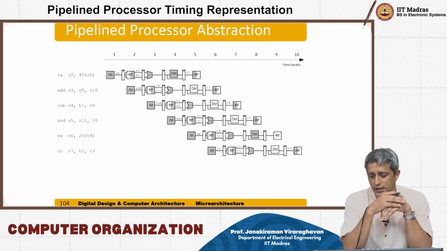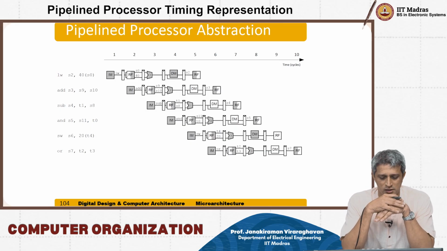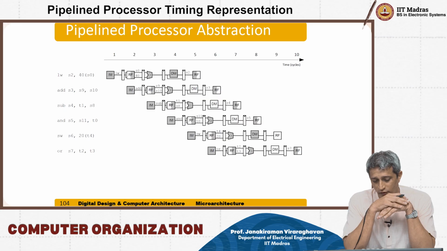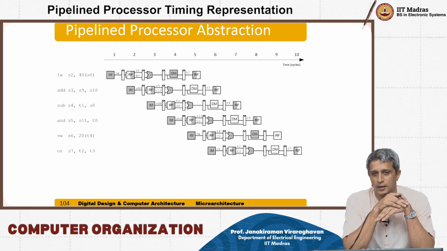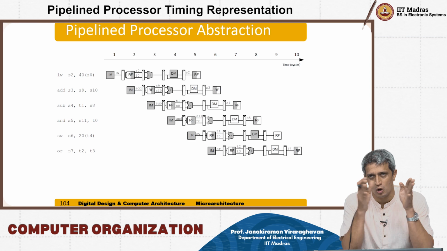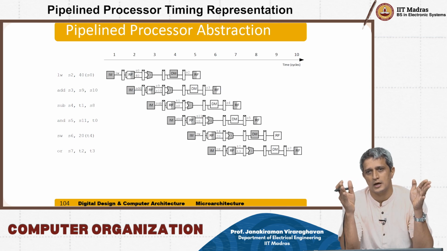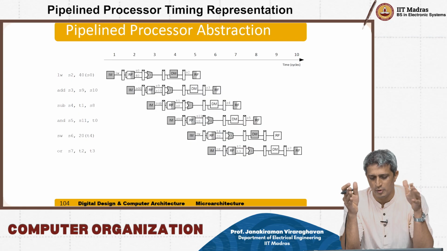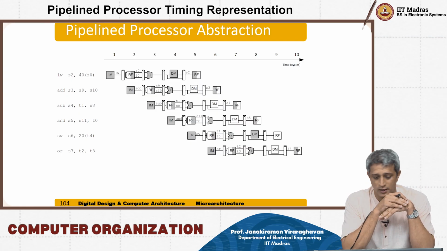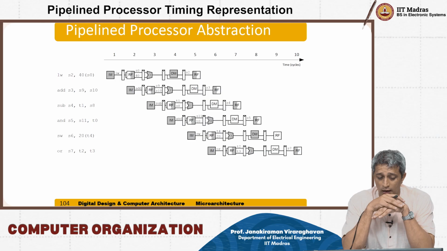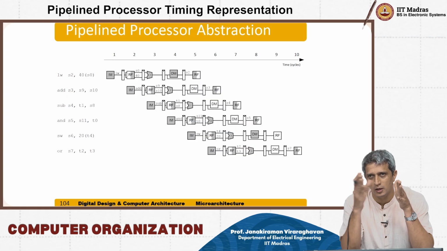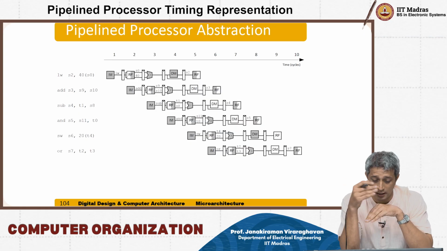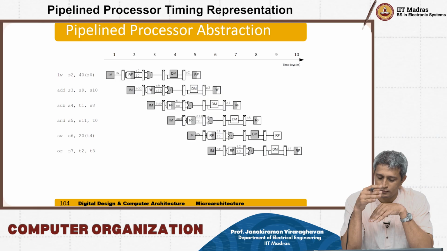So let us look at the abstraction that we are going to use in this particular course. What we are saying is the instruction memory read is what is highlighted there, and the gray shade basically says that it is occupied for the full cycle. Instruction memory is occupied for the full cycle. So now you are doing register read, and therefore that is happening on the rising edge on the first half of the cycle, right, and the